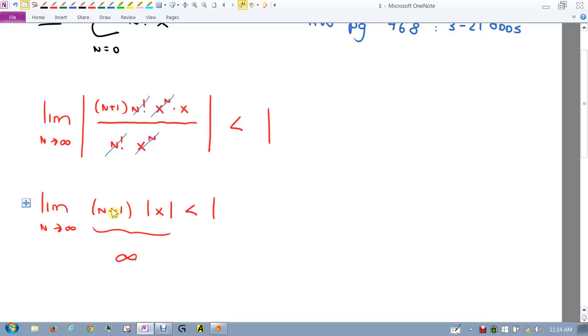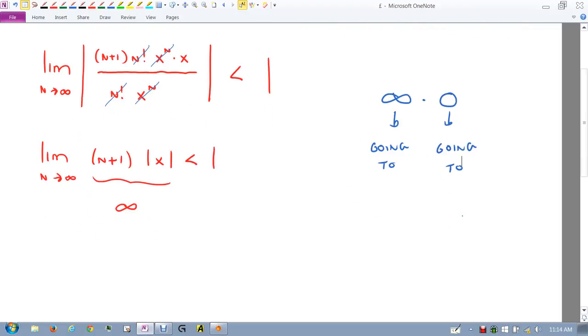right? Don't confuse that with this. When we do a limit infinity times 0, that we said was indeterminate form, didn't we? But what we meant was, this was going to infinity, and this one was going to 0, headed towards there. There's a difference between that and saying that one of those is 0. If it is 0, then it doesn't matter. So the only way we can get convergence is if x equals 0,